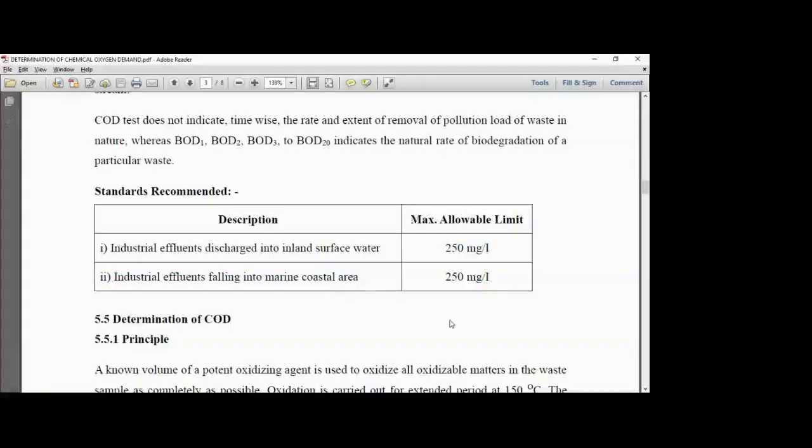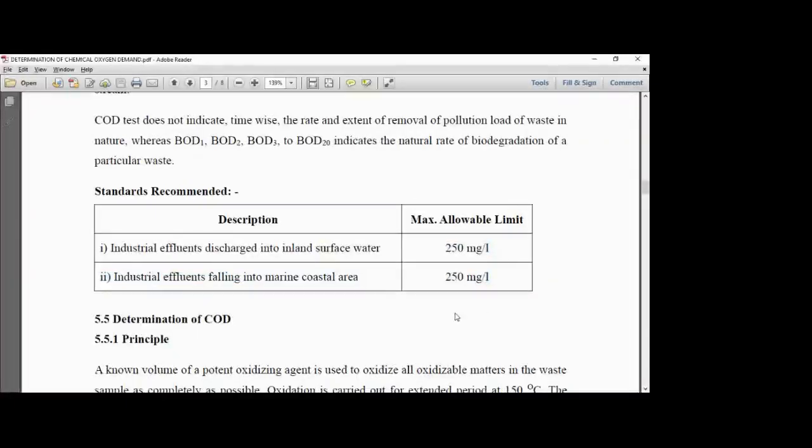If it is more than that, we'll have to treat that sample, reduce its COD to 250 mg per liter, and then only we can discharge. Now, when we consider our sewage, the sewage has a normal COD in the range of 400 to 500 mg per liter, and the STP treatment is going to reduce the COD of sewage, which was like 500 mg per liter, to half, that is 250 mg per liter,